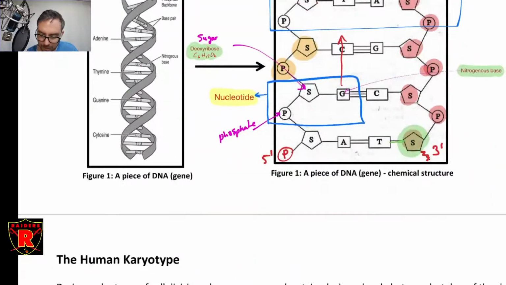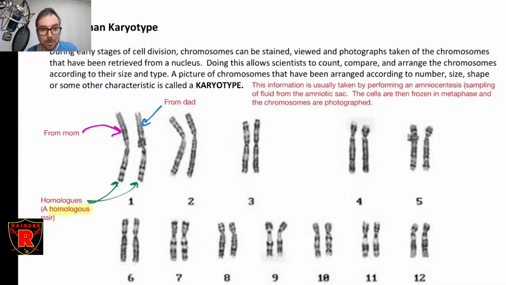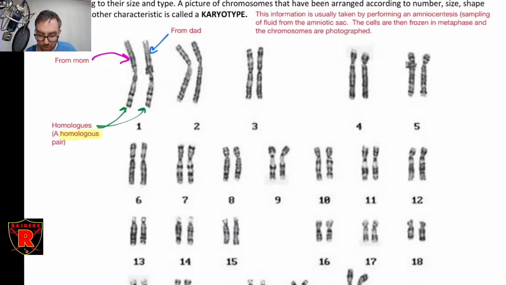Okay, so if you were to lay it all out on a piece of paper, which we used to do, during embryological development, you can take a sample of the amniotic fluid. You can lock a cell into a particular phase. I think it's metaphase, if I remember correctly. You guys remember metaphase, hopefully, from last year. And then you can lyse the cell, burst the cell under a microscope, spread the chromosomes around, put a specific dye on them to make them more visible, and then you just take a picture.